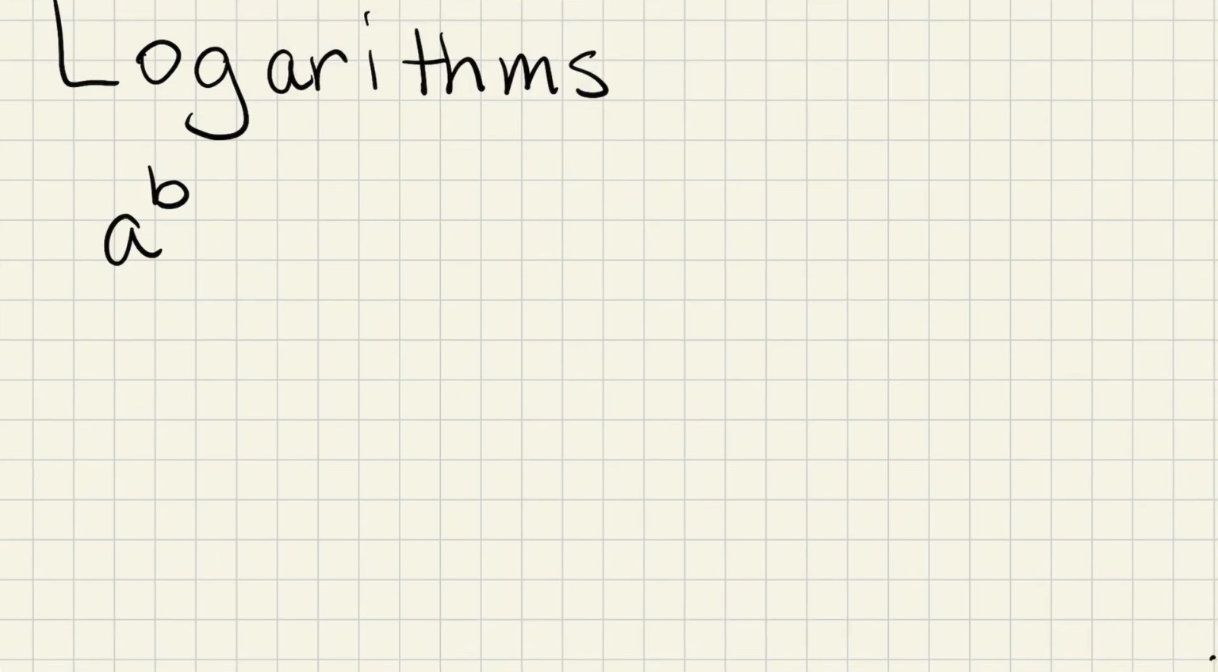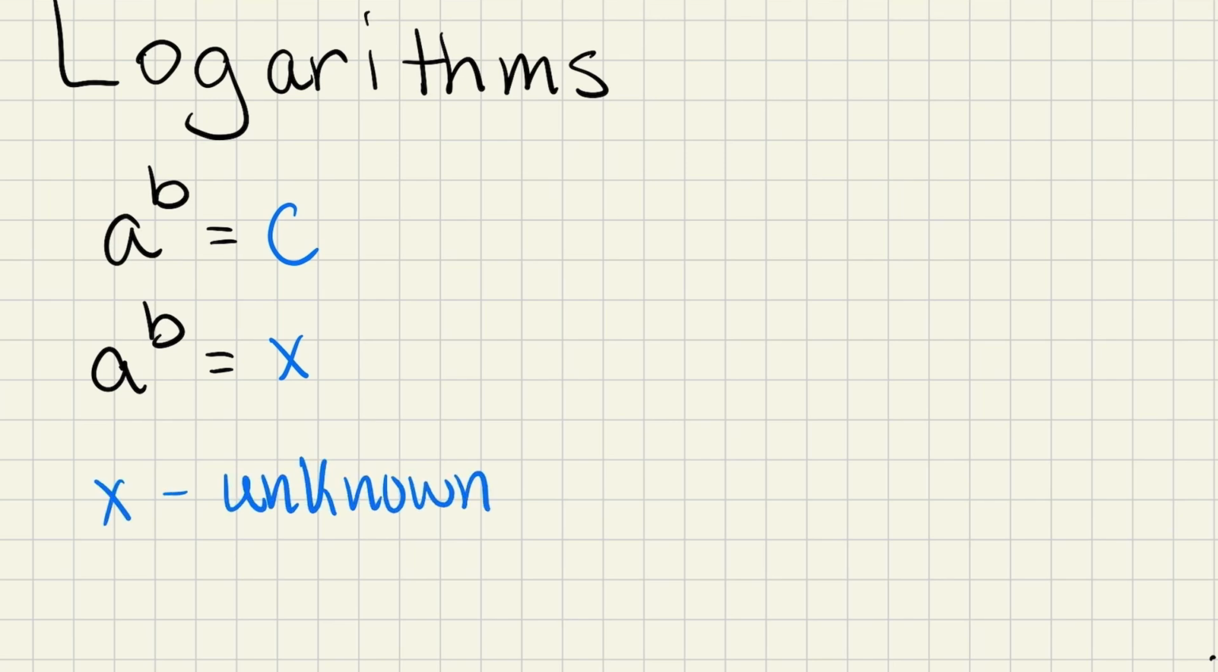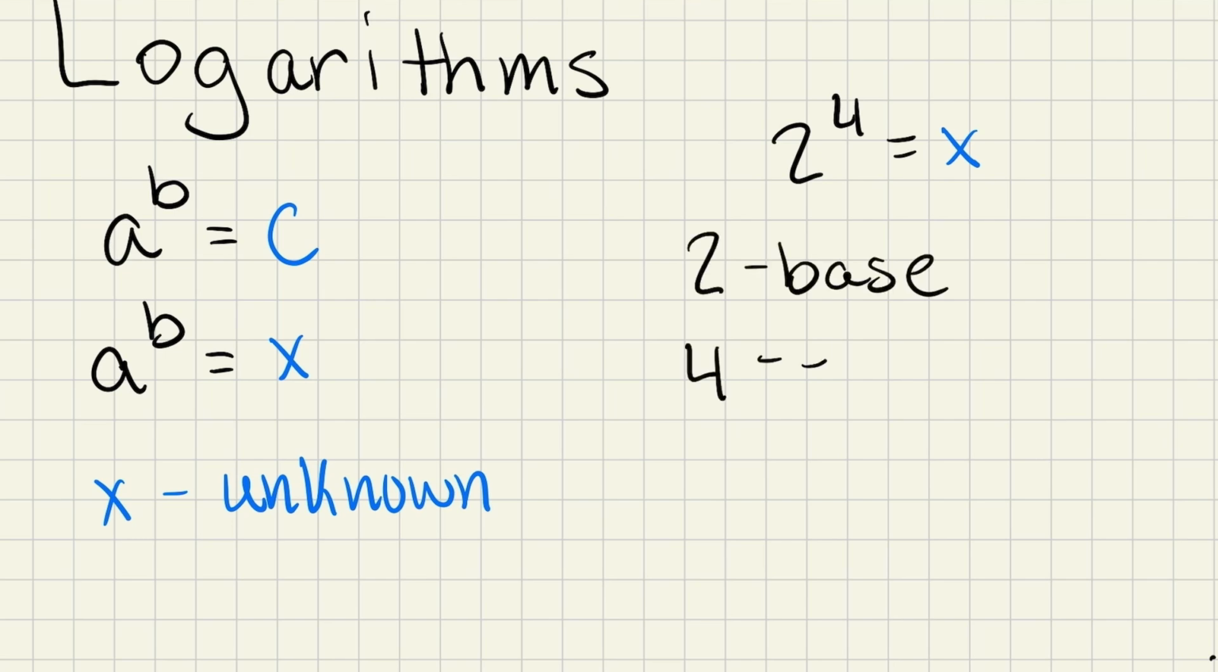Depending on which variable we're solving for, we get three different types of problems. First, if we're solving for c, we get the classic exponent. So let's go ahead and look at an example of this. 2 to the power of 4 is equal to x. Here, x is just a variable that we're solving for. Breaking it down, 2 is the base, 4 is the exponent, and we're solving for the result, which is c